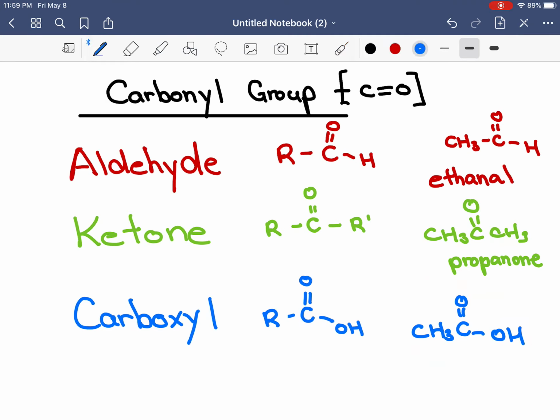You've seen him before. Oh, yes, you have. He's never written C double bond O, O, H. We always write COOH. This is called ethanoic acid. So next week, I will tell you exactly why these names are what they are. Hopefully you kind of figure it out on your own. Anyway,